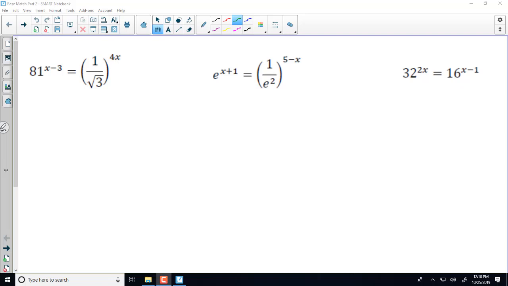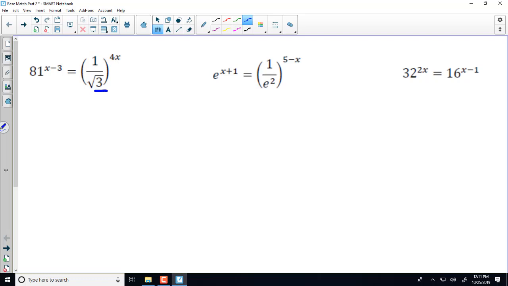This is a video where we're going to solve for x in equations where we can make the bases match. None of them match as we start, but we're going to make them all match so we can get a proper value for x. So looking at this first one over here, I can see that I have a 3